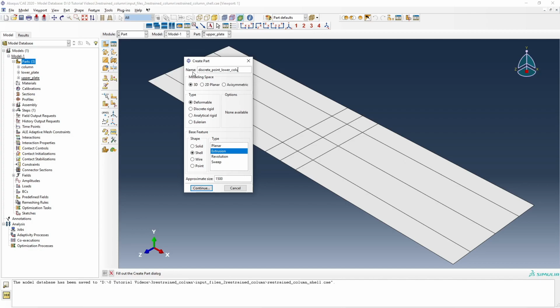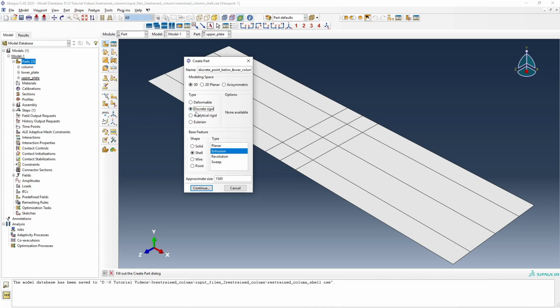So lower column, discrete point below lower column. So discrete point below lower column, and now we need to change the type